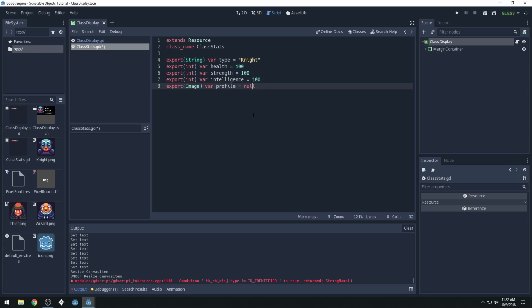So what does this do? The export basically just allows you to edit these variables in the editor over here on the side, and I'll show you what I mean there. But we're just creating some variables and giving them some values, and we're using export in order to be able to edit them manually. And the type of export that we choose, like image, int, and string, will determine how it looks over here and what options it gives us for editing it. So we can save this right there. And now that we've saved this,